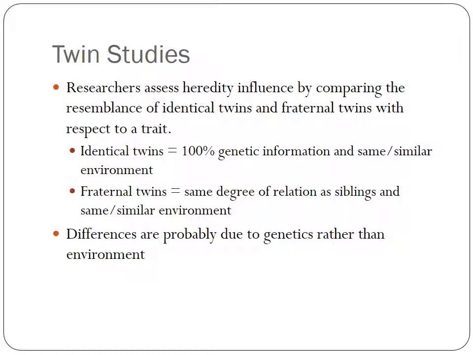When we look at heredity, identical twins, again, have 100% the same genetic information. They have either the same or what we would say is a very similar environment. That is one of the big questions, though: do kids get the exact same environment? Anyone who has a brother or a sister can make a strong argument for no, that you don't always get treated the same. Fraternal twins have the exact same environment, so to say, from the minute they're conceived, and they have the same degree of relationship, but this idea that they've been in the same prenatal environment is an interesting thing to also bring into this discussion.